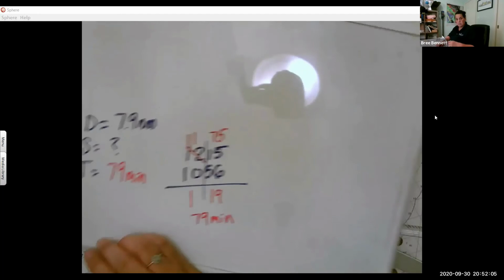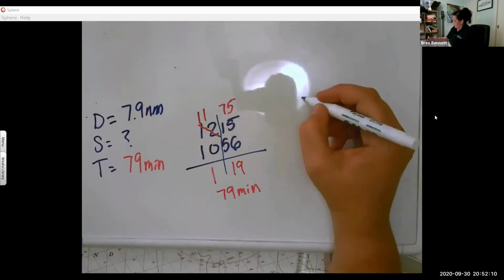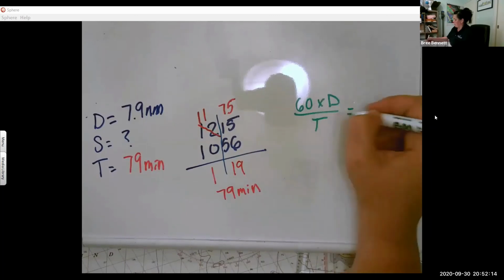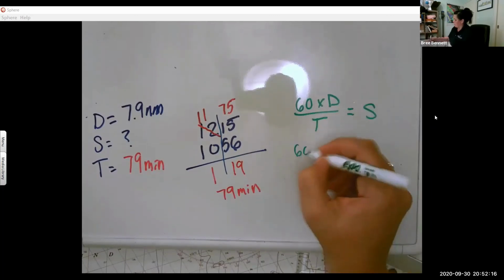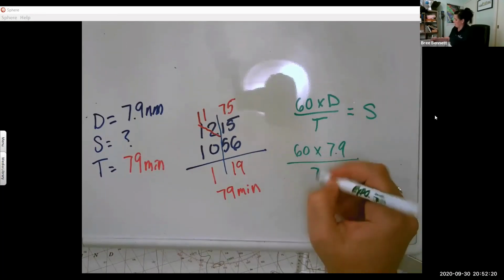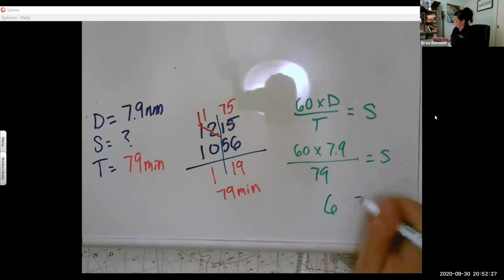All right, so 60 times D divided by T gives us speed. 60 times 7.9 divided by 79 gives us speed. We get 6 knots